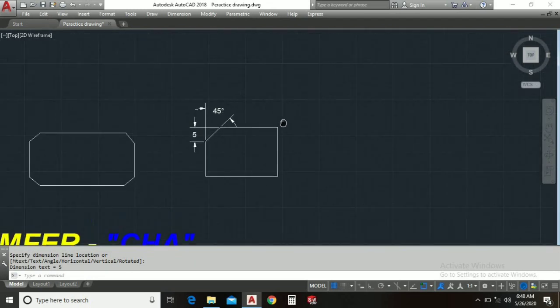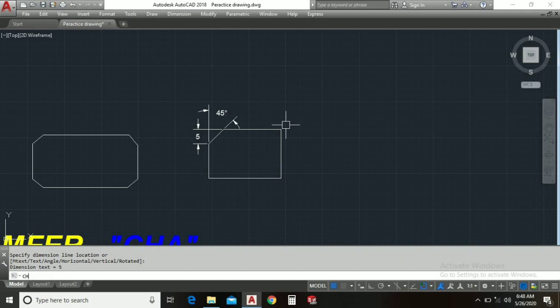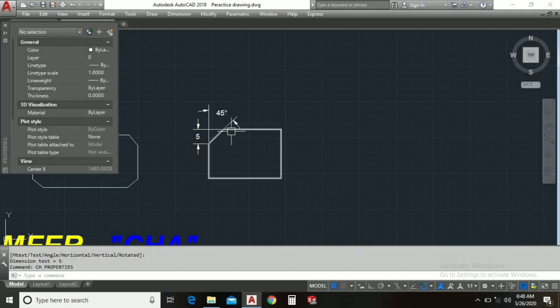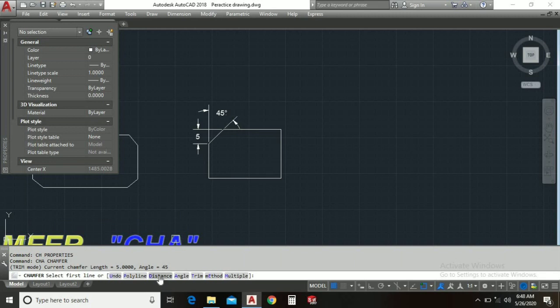So alright guys, let's understand once more. Distance method we have understood, angle method we have understood. There are two methods. First one is angle, second one is distance. I have told you we are working in distance right now. That's okay. If we want to do multiple more than once, we can by clicking on multiple.